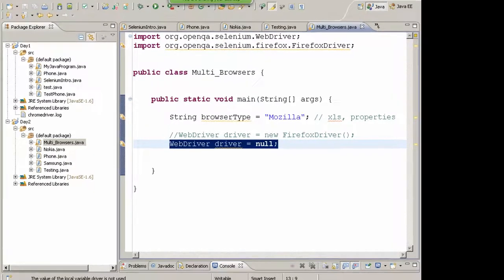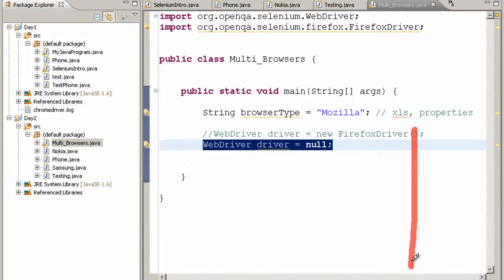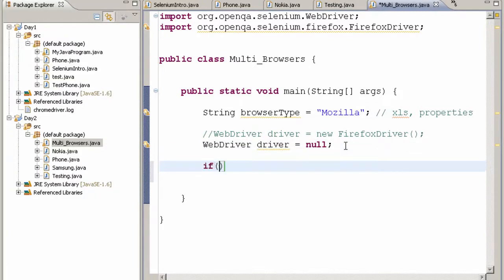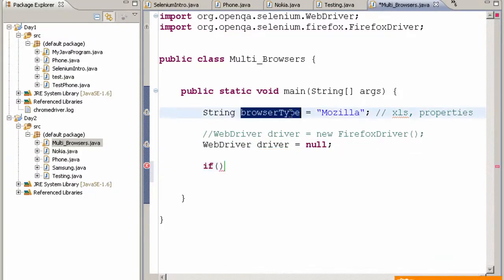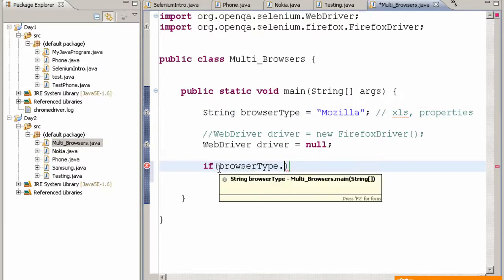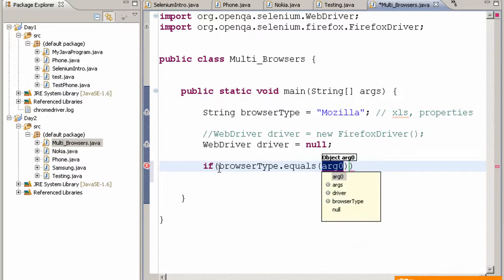Null means that this driver reference is pointing towards no object in the memory. It is not pointing towards any object. And I'll write that if the browser type is equal to